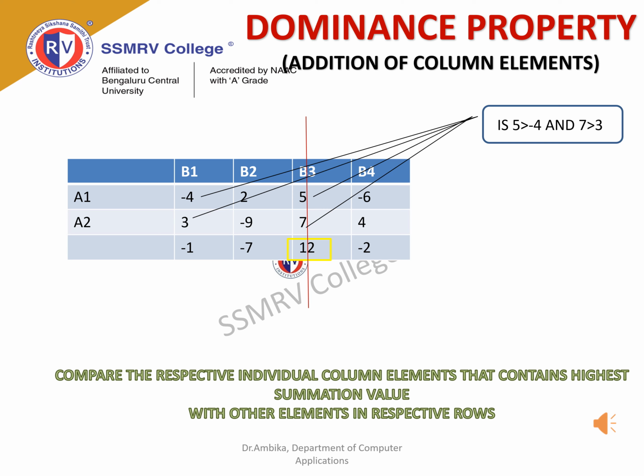Similarly, the procedure is continued till all the columns are compared with each other. As the entries do not satisfy the dominance property, we stop at this. That is, the next highest value is minus 1. When we compare this with the elements of the B2 and B4 columns, the dominance property will not be satisfied.